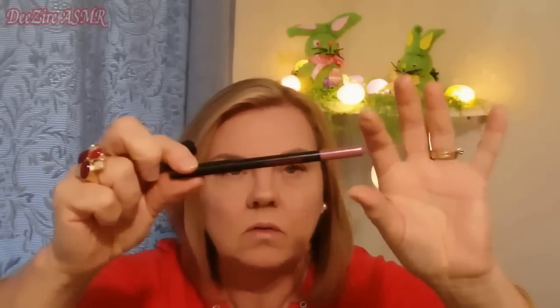So this is Australis, and it's sort of like a pinky nude, like a rose. And it doesn't have to be a thin line. I just make sure where the skin meets the lips. Of course, I moisturised my lips first with some lip balm before I started. And I'll sort of bring the colour down a little bit, but not too much. It needs a sharpen. And I mix and match my lipsticks. This one is